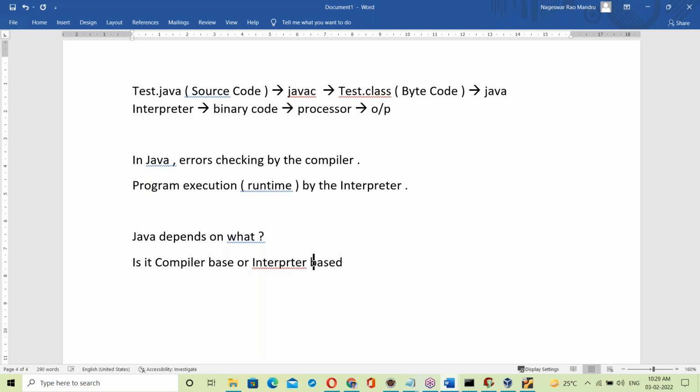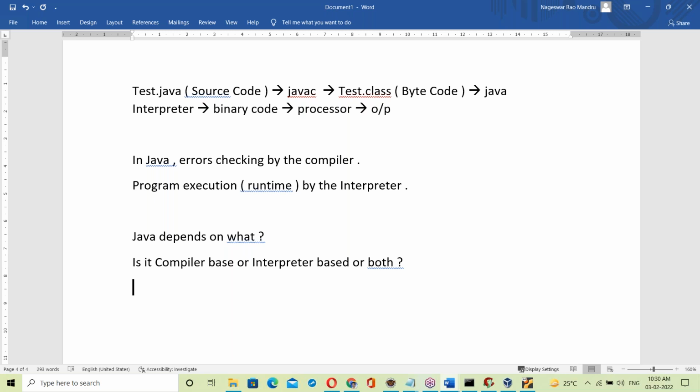Interpreter based or both? That is the question. As per my explanation here, is Java compiler based or interpreter based? Both here.